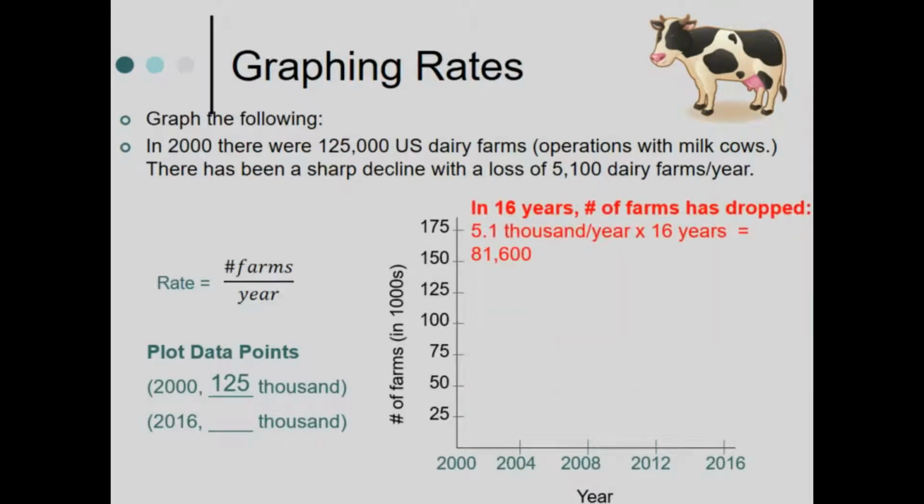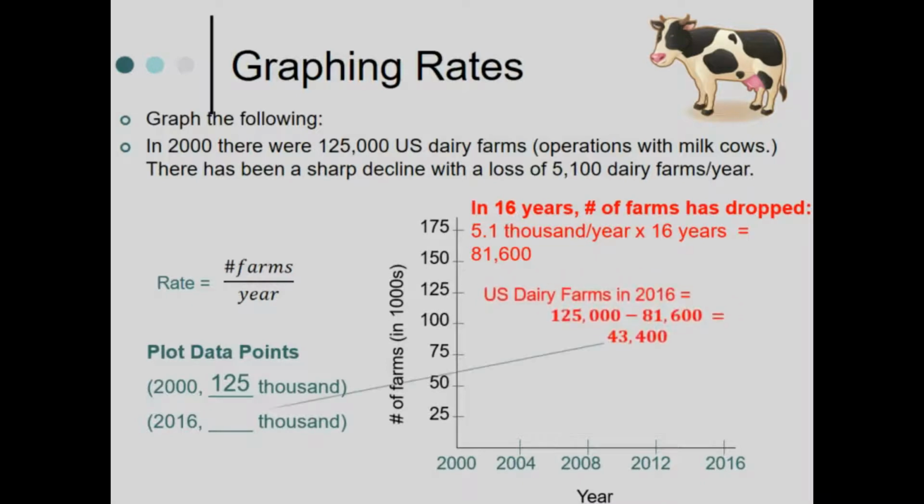So we're going to take 16 times that rate of decline for the farms that was given in this problem. So 5,100 per year times 16 years results in a decrease of 81,600 farms in that 16-year